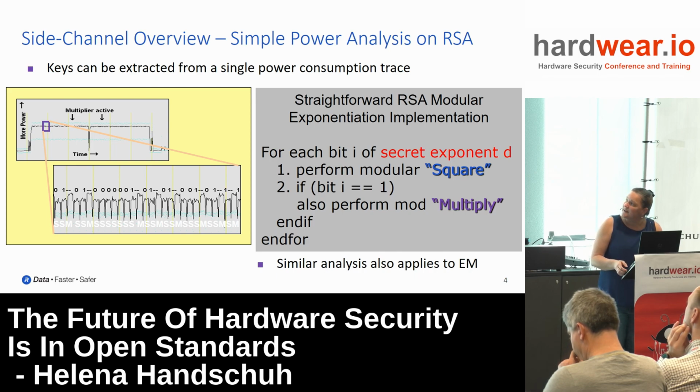So you can see in the picture here, there's small peaks and high peaks. Whenever there's a high peak which looks different, this is most likely a multiply. It's a little bit different from a squaring. And so the smaller peaks are all squares, and every time you have a square followed by a multiply, now suddenly you know the bit is 1. So look at the trace and just read out the secret exponent. All right, pretty cool.